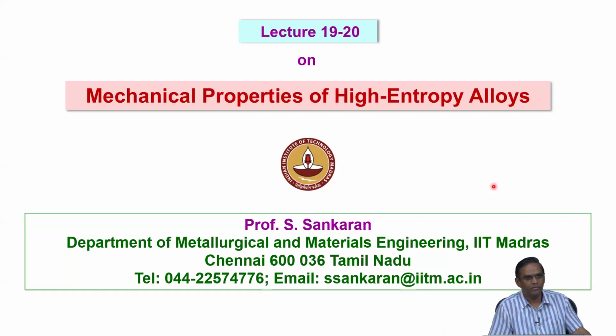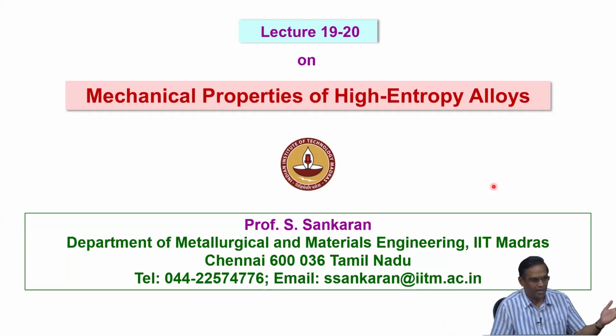Or in this case, in high-entropy alloys, if you look at the lattice, we say the lattice is distorted, right? When you say distorted, then you have to relate that with the normal lattice. So the energy difference between any defect and a pure lattice will be smaller in the distorted lattice, because the lattice is already distorted, it has got some excess energy. So that energy will be smaller. So that means when I want to annihilate a dislocation, the energy requirement in the distorted lattice will be smaller